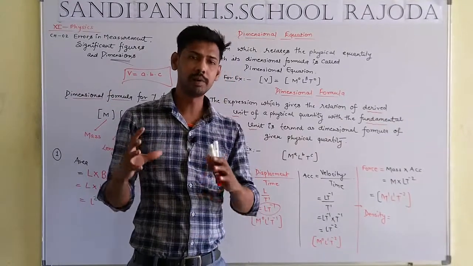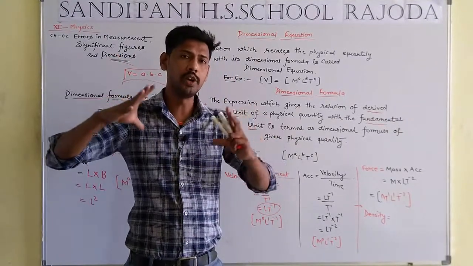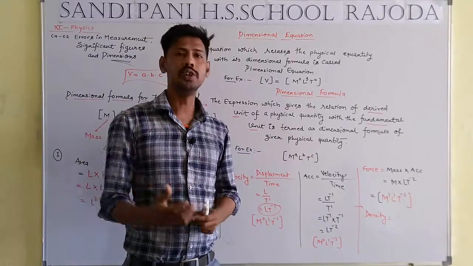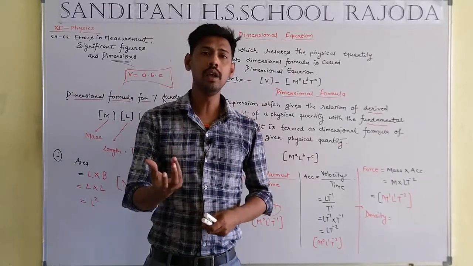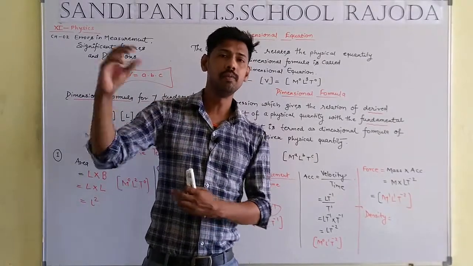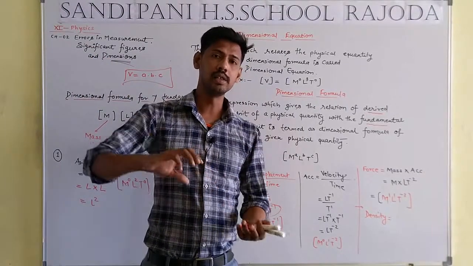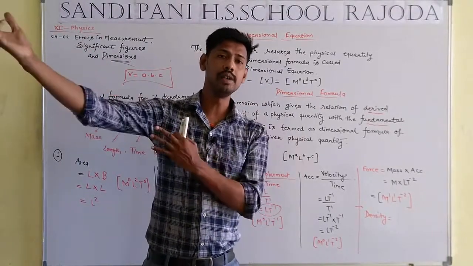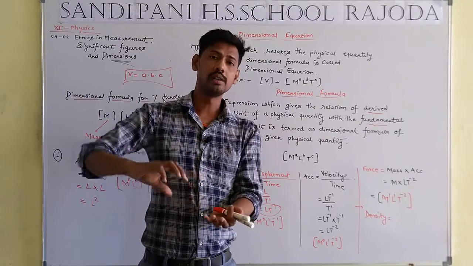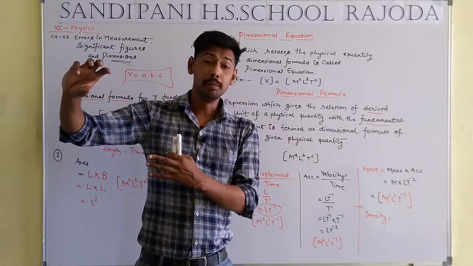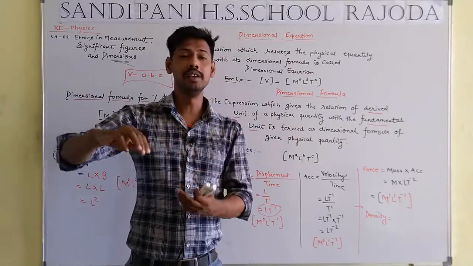आपको समझ आ रहा है? सिंपल भाषा में मैं बोल सकता हूँ, मीडियम जितना टाइट होगा, अपन बोलते हैं ना टाइट, तो उसकी डेंसिटी उतनी हाई होगी. That means, ठीक है, the density of water as compared to air is high, the density of ice as compared to water is high, the density of metal as compared to ice is high.